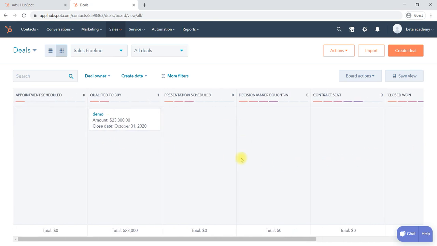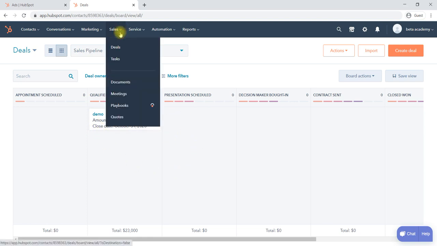Like this we can manage all your deals, whatever contracts you have with your clients, you can manage all of them by using this deal section in sales.